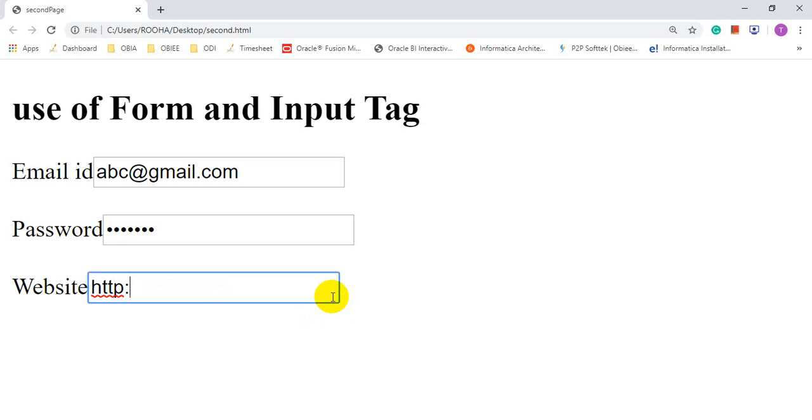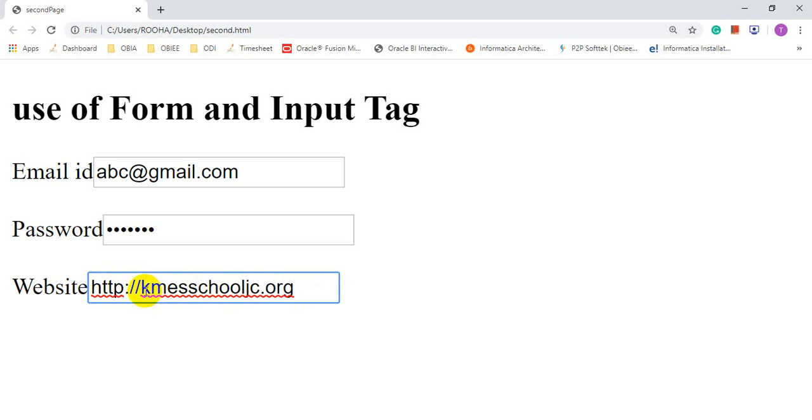http colon double slash, then I'm going to write the actual address of kmes website, that is kmes school jc.org. Okay, what is the http? Hypertext transfer protocol.